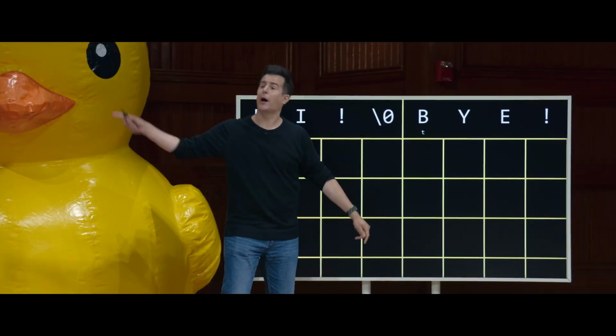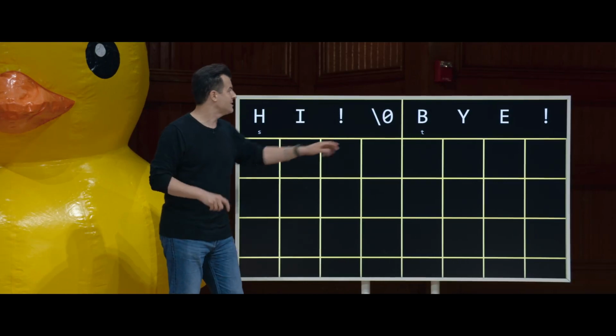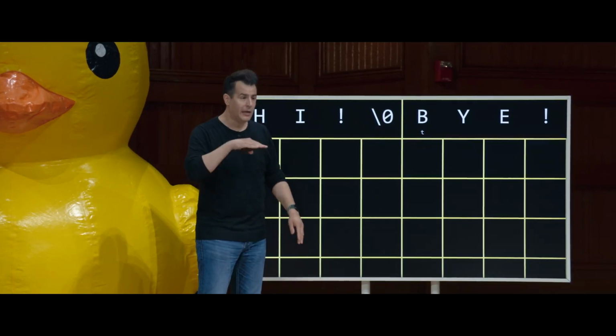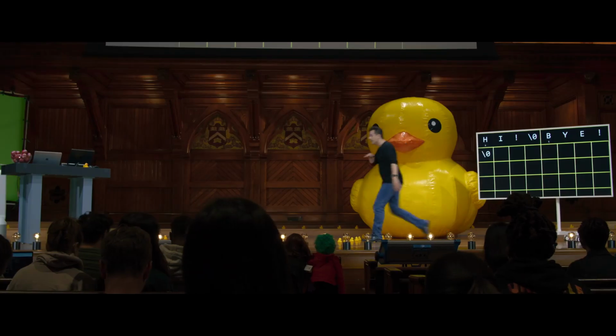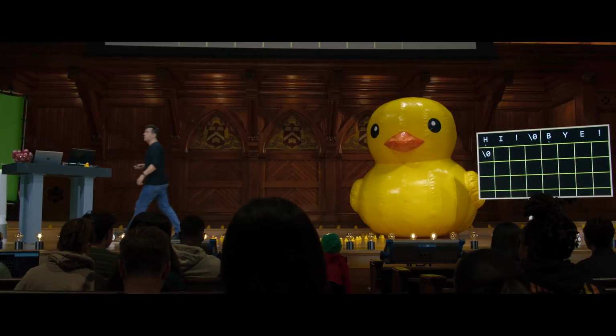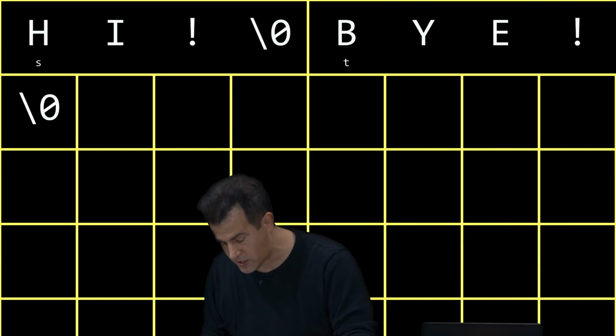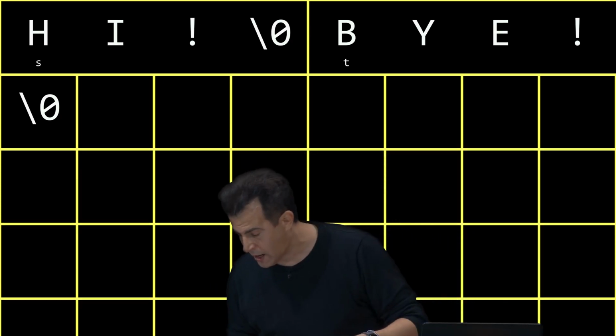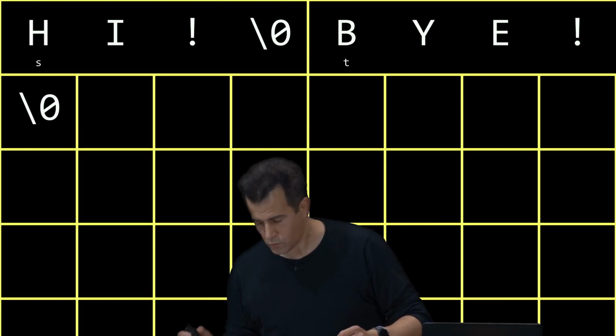Otherwise, you might see "hi bye" all on the screen at once if there weren't this sentinel value indicating to printf, stop at this character. But that's all that's going on in your program when you have 2 variables in this way. And in fact, what's really going on, and things get a little more interesting here, if I were to want